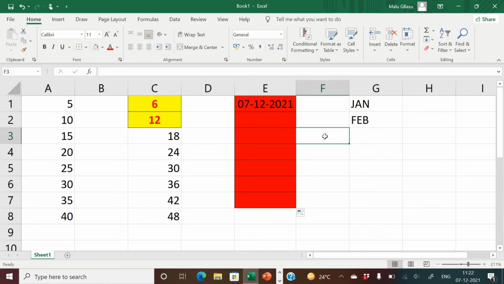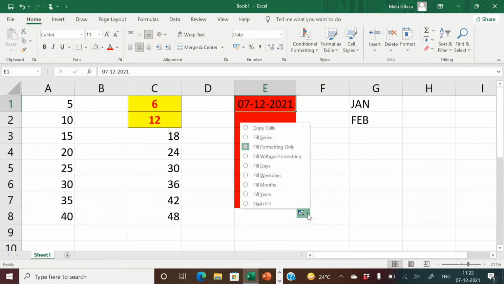In the initial cell I had given the background color as red, and the all borders also. So only the background color of the cell along with the borders got applied to the next corresponding cells where I've used the autofill, and not the data. Why? Because I had chosen the option fill formatting only.